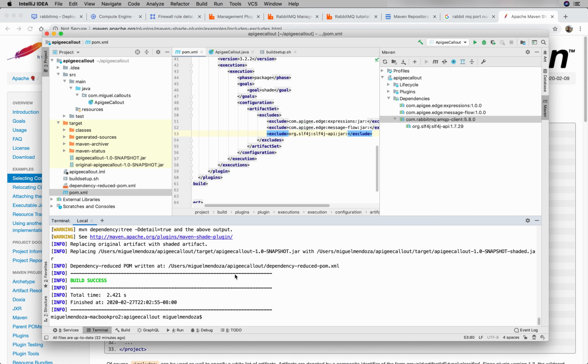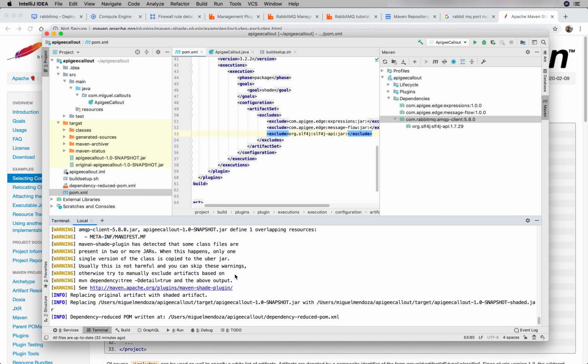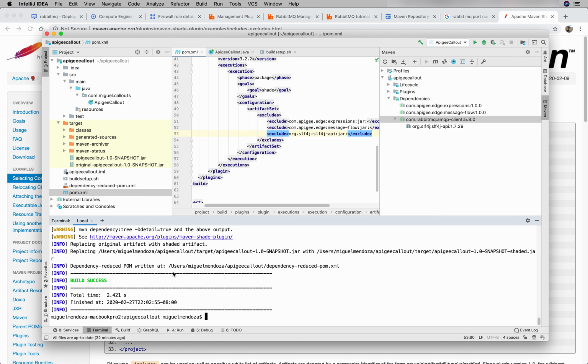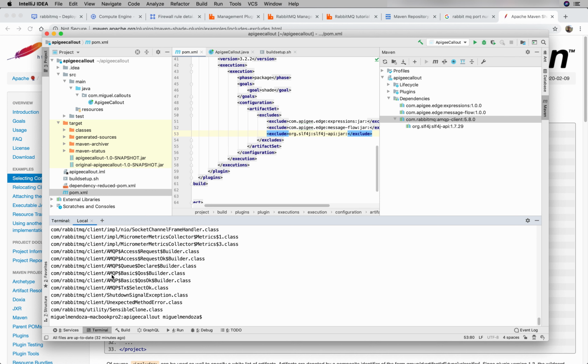Great. So it was successful, and let's look at the output. So we can see right away that it's excluding those libraries that we told it, hey, don't put it in the jar. I only want the client code. And we can actually inspect the jar again. And yeah, you can see that it's only the RabbitMQ client class files. There shouldn't be anything else other than our own class file,